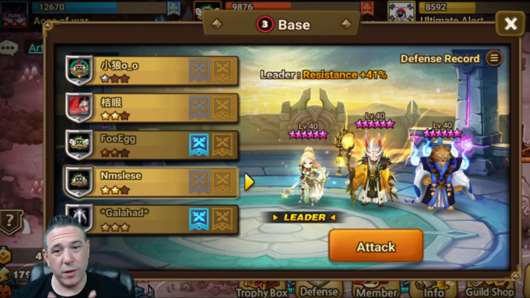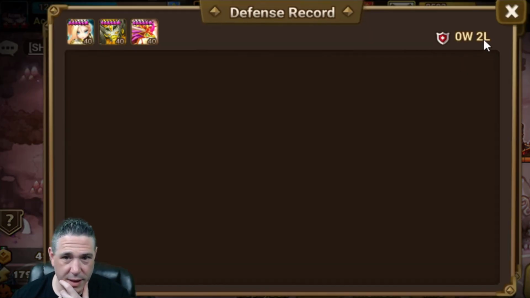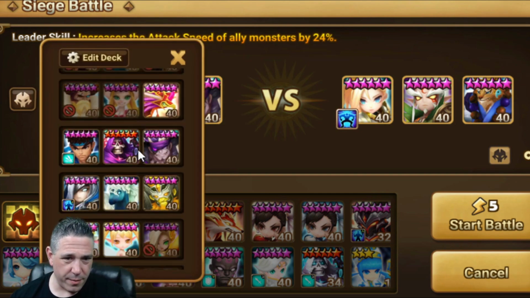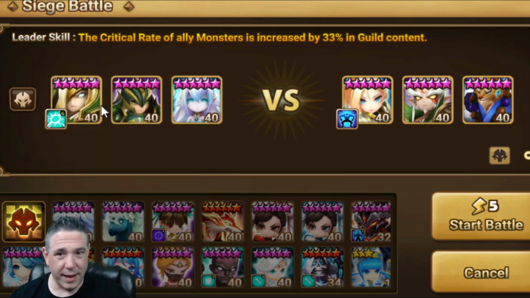So we are going to go to something a little bit safer. I'm just going to take the toughest defense, or the highest record defense, out of this base 3. This is a comp that I was working on the other day. This Vancliffe, Thrain, and Waterryu here. Or the other comp that I've been working on recently is this Odin, Leo, and then the Light